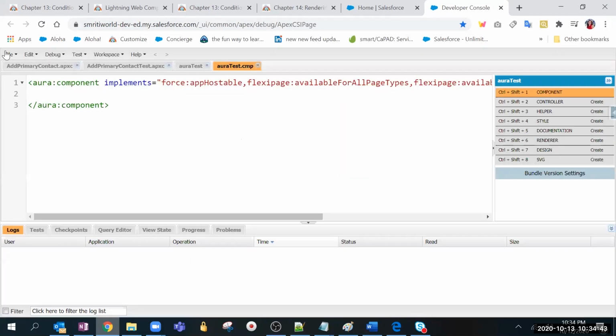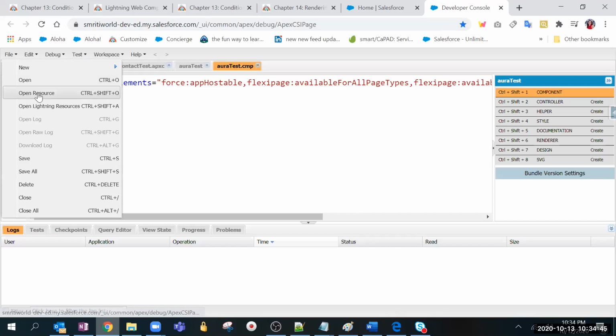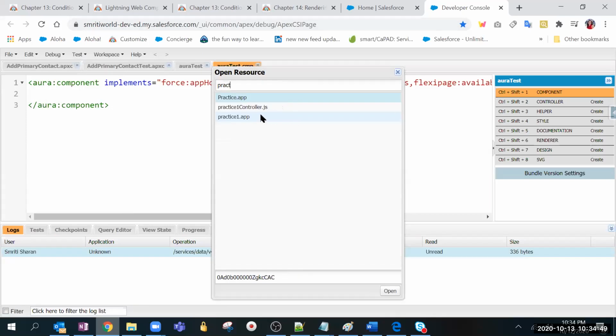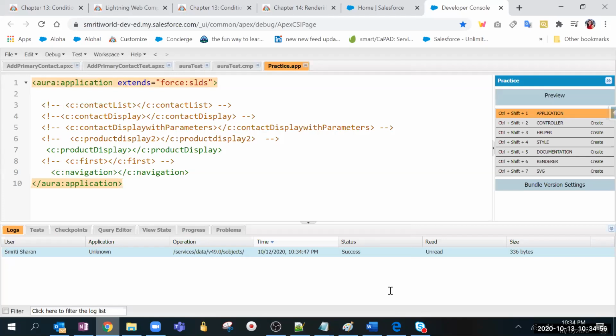So, for example, I will just comment it out. See, the way of writing is exactly the same. Let me open it once again.